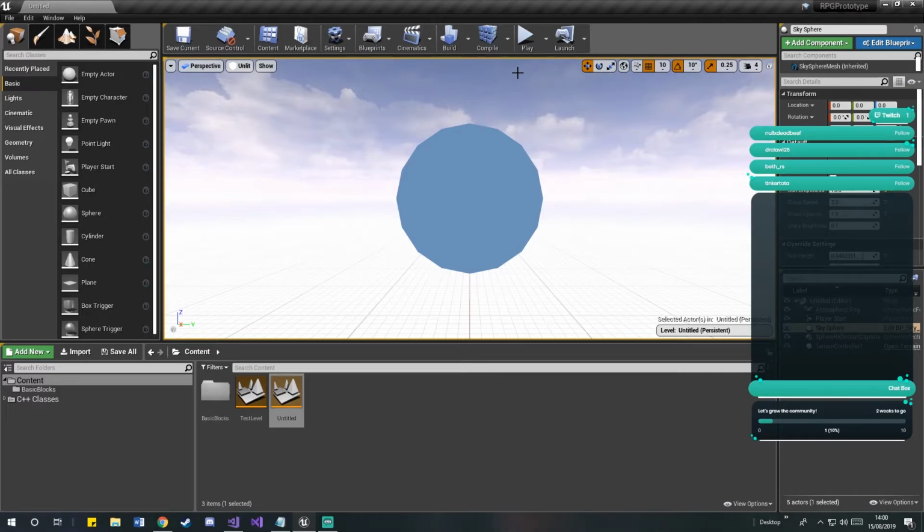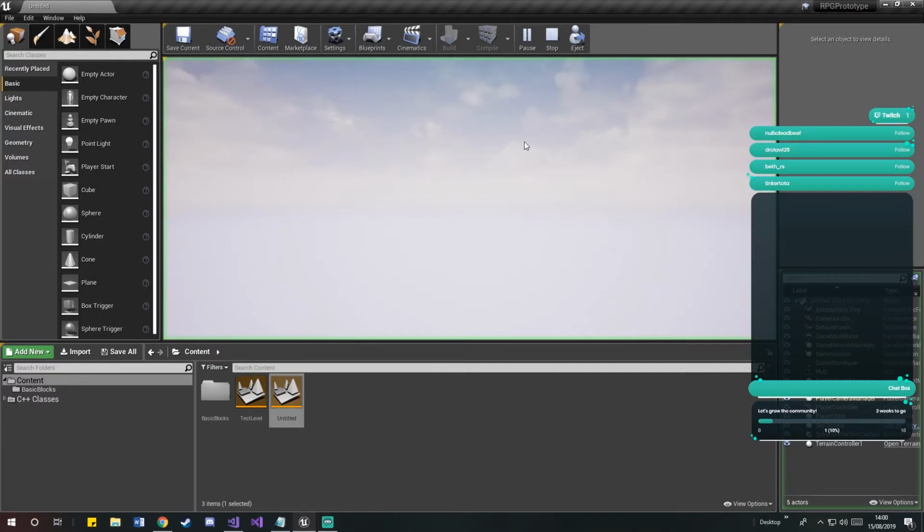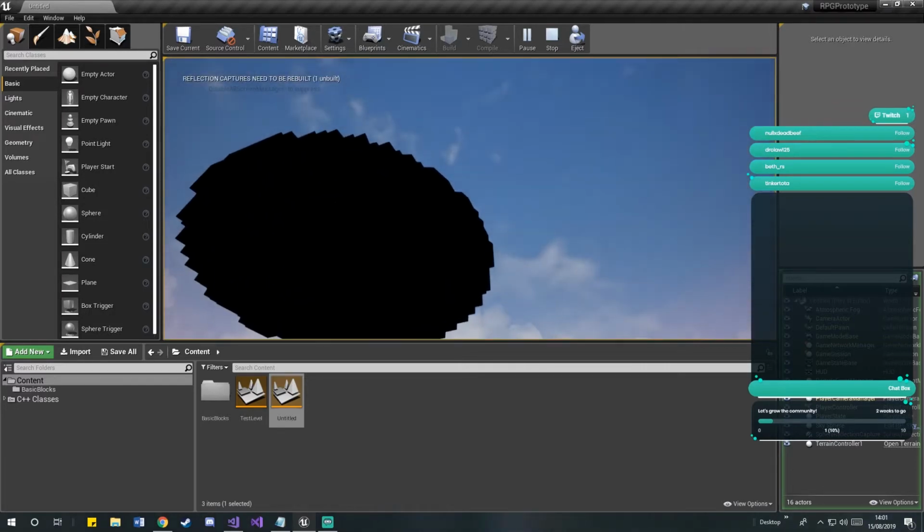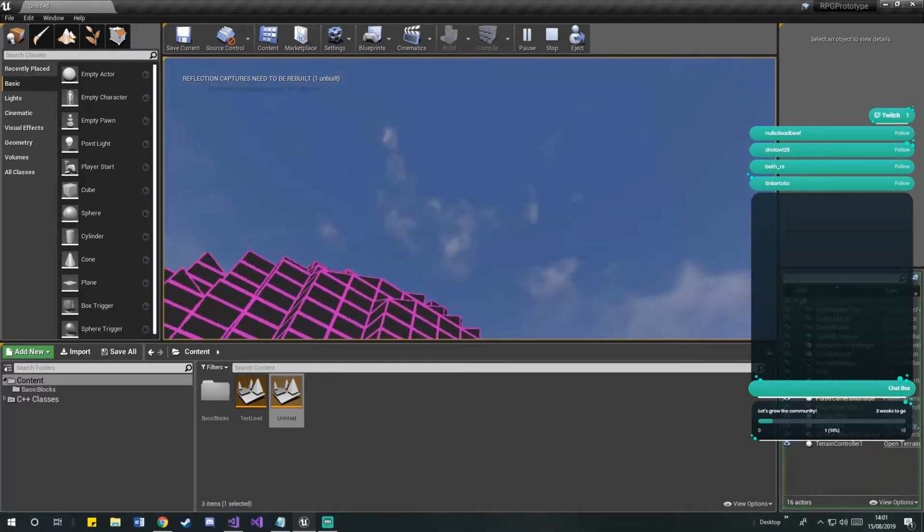Last time, as some of you may know, we had quite a lot of problems working out this one feature that we're trying to get done currently, where we're trying to smooth out voxels and make them look a little bit less janky and a little less, well, blocky, I suppose. And this time we're trying to fix that same problem. There's some code changes that I've done off camera,